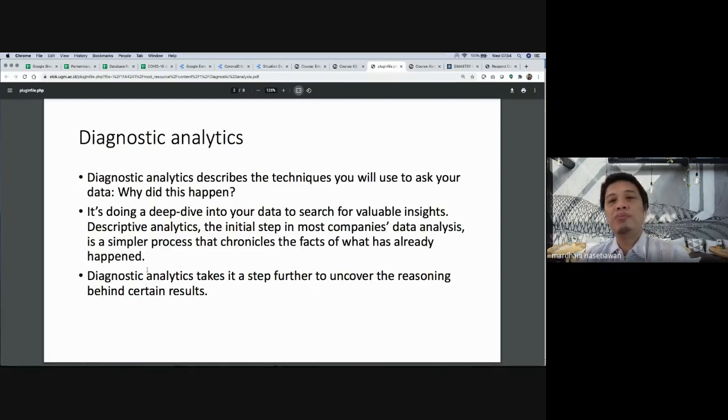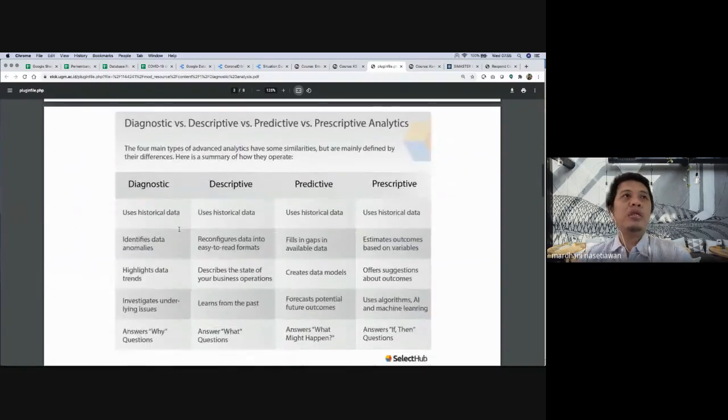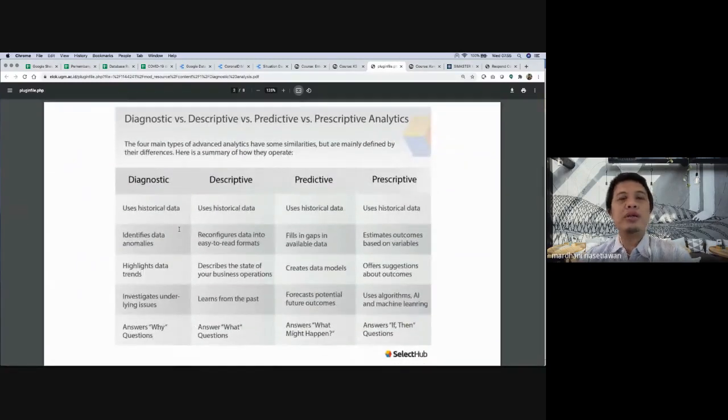Based on this explanation, hopefully you now understand that this is very important, because we also have the question of why. So it's very important for you to have these questions. And of course, diagnostic analytics is different from several other analytics methods.